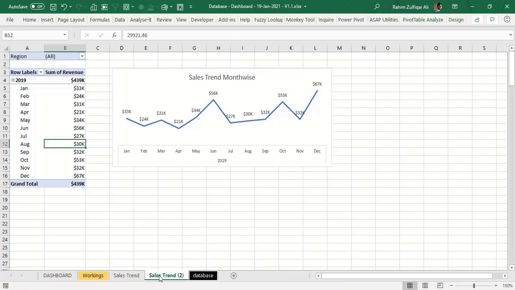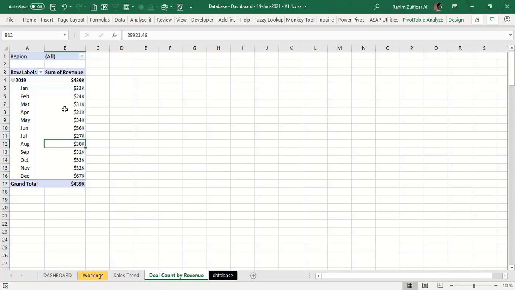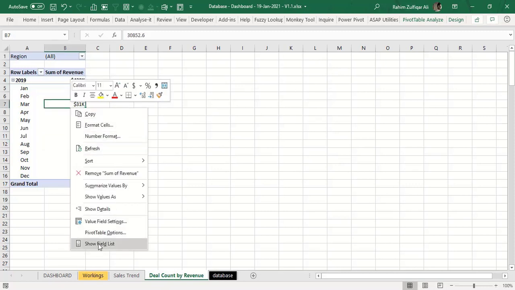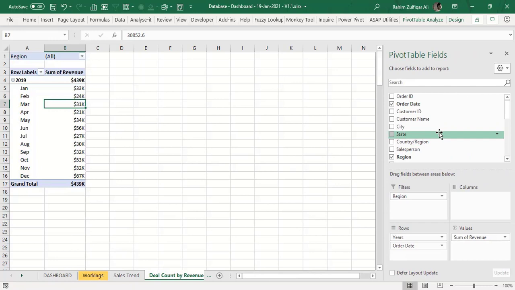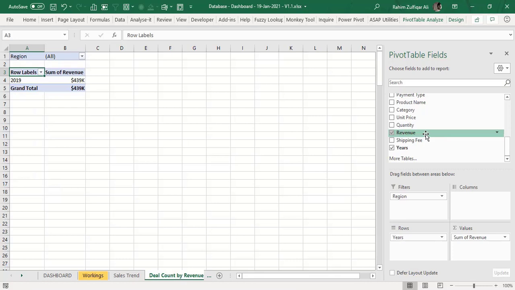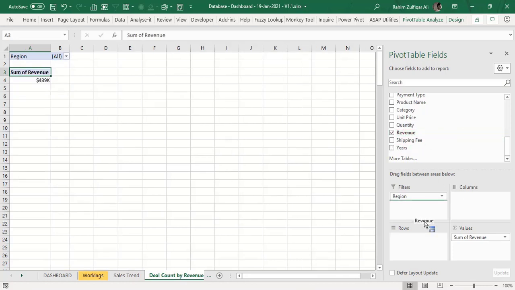And now the second sheet will be deal count by revenue. So we will create a new visual and a new pivot table. So we will modify it. So I don't need this chart, and I will enable the field list, right? Now in this particular pivot table, we have region in the filters. That's correct. Now we don't need the order dates. Instead, we need revenue to be in the rows,